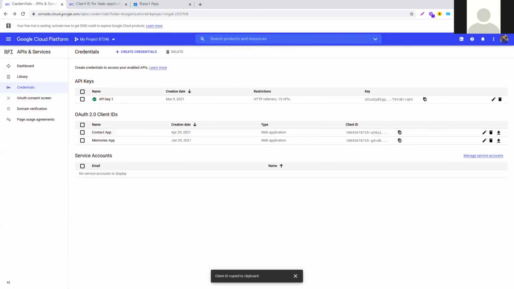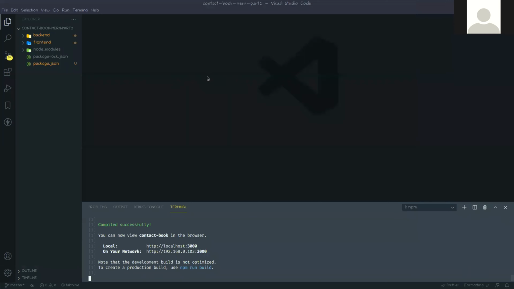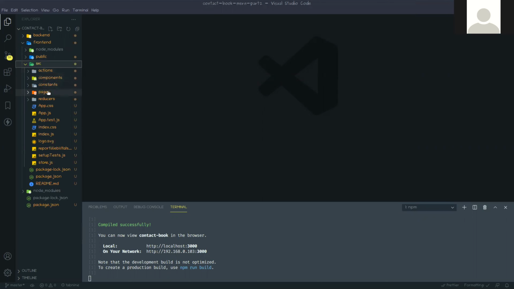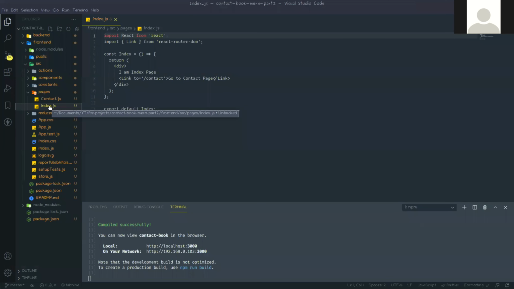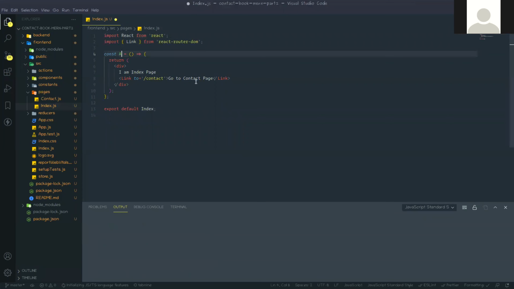Okay, now go back to that project, go to VS Code. Go to the src folder, then pages, here the index page. Now just rename it as auth.